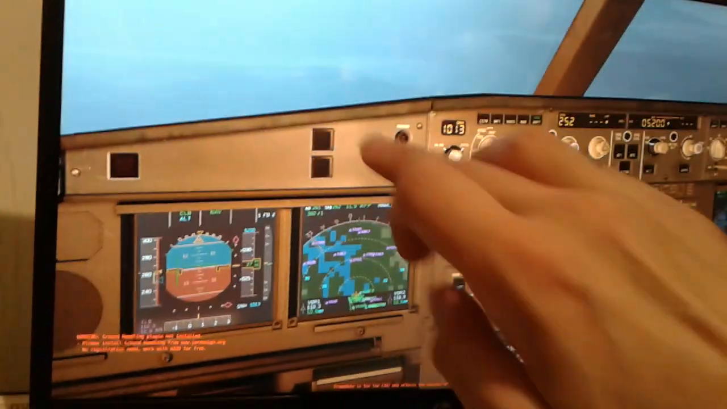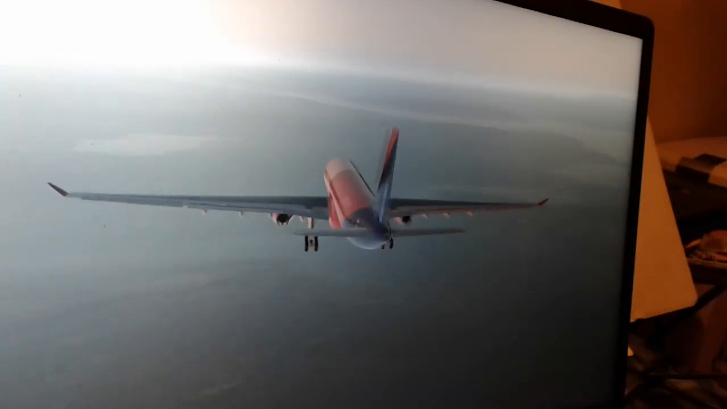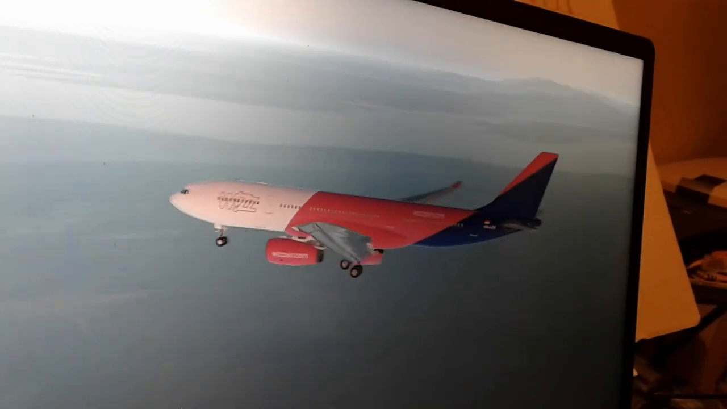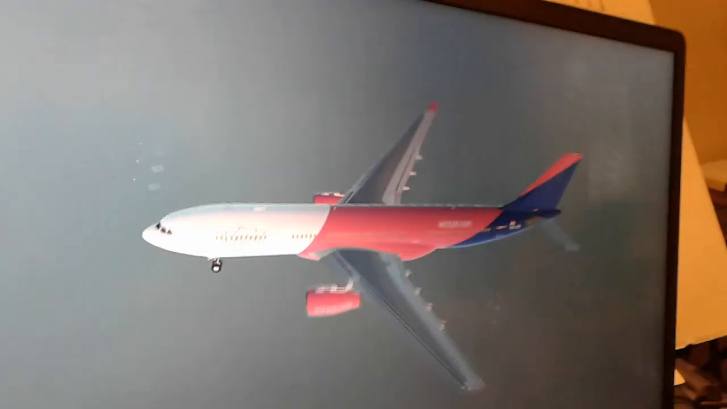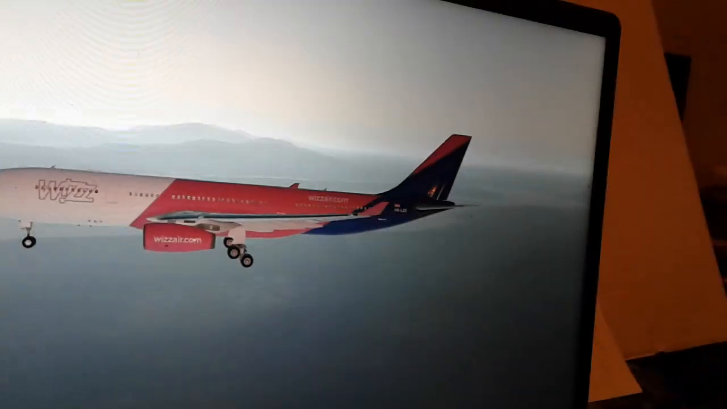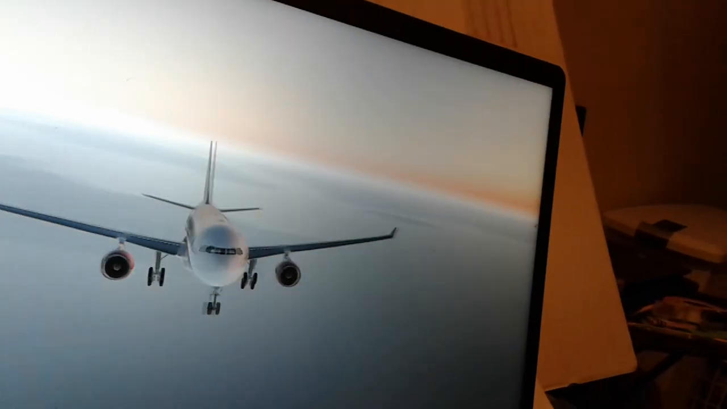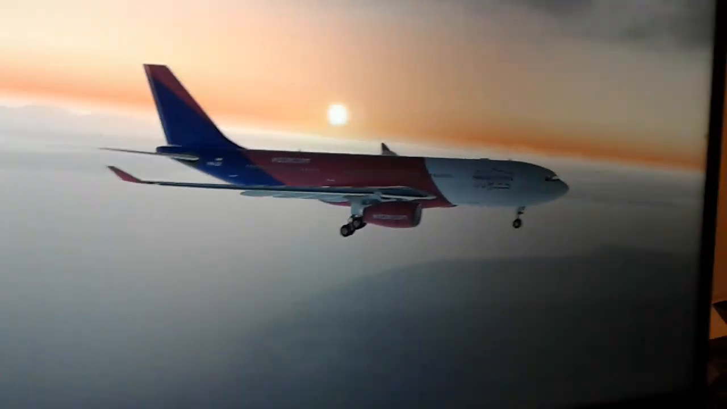Gear up. Gear down. So we overfly the airport behind us. I've been to the airport and the runways, and we're going